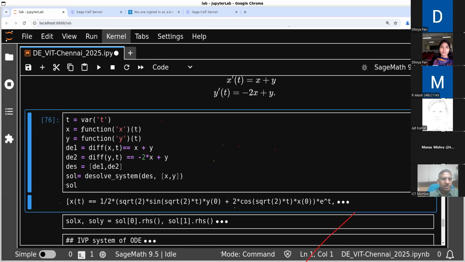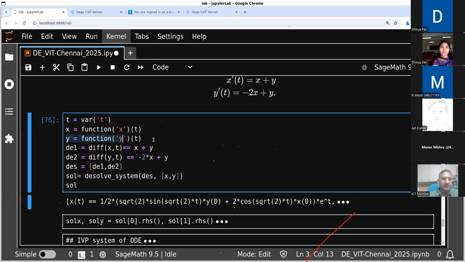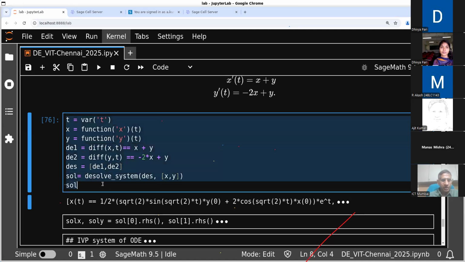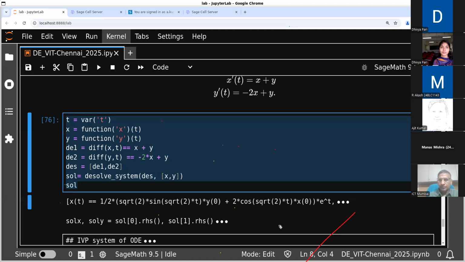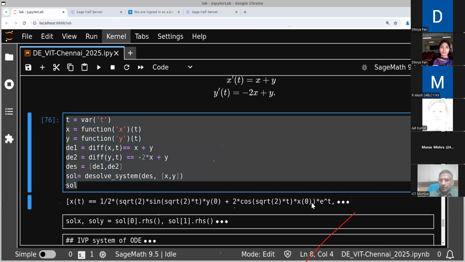So I will declare first x as a function of t, y as a function of t. The first differential equation is dx by dt is equal to x plus y. Second is dy by dt is equal to minus 2x plus y. And then I'm creating the list of the first equation and second equation, and using DSolve system of differential equations with respect to x and y. x and y are here the dependent variables. Okay, and when we solve this,